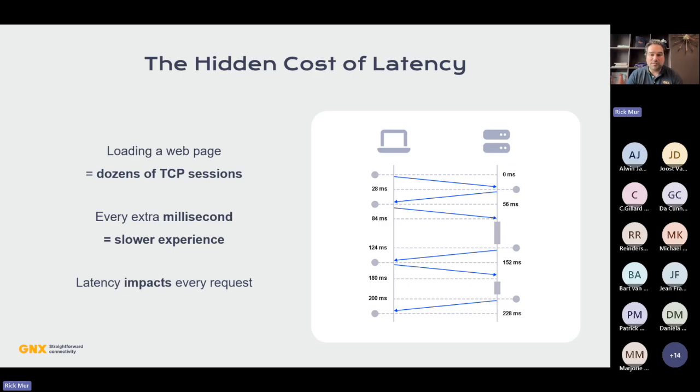I added here a typical latency, which is pretty good. So the client to server latency is 28 milliseconds. That's very low, right? 28 milliseconds is nothing. Although if your qualification in Formula 1 is 28 milliseconds behind somebody else, you lose, right? So there are differences there. But 28 milliseconds is considerably low for latency.